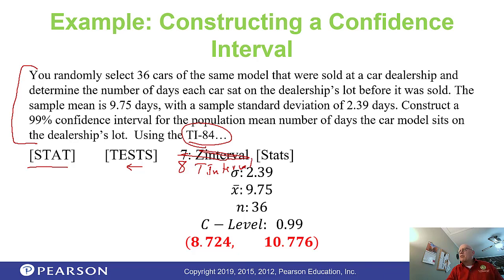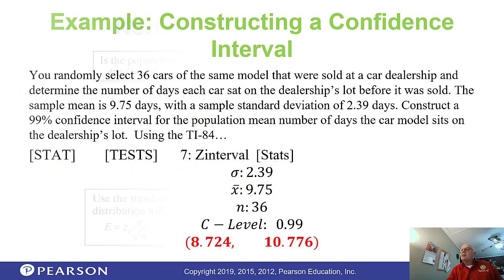That's a reminder for both of us, isn't it? Make sure at the top of that menu you have stats, unless you have the actual data in one of the lists. This will be the sample standard deviation because we don't actually know it. Notice sample standard deviation. Then we'll put in the sample mean, the size of the sample, and the confidence level we need,